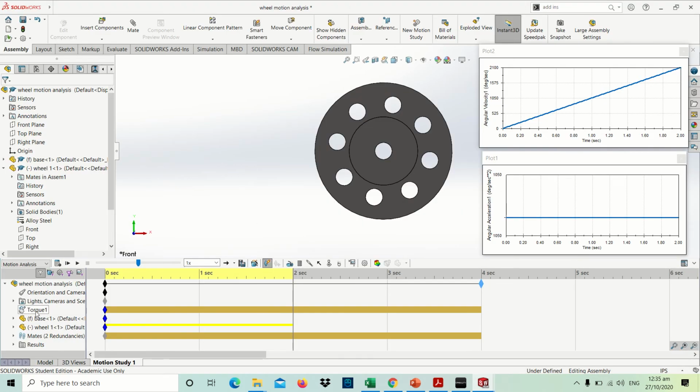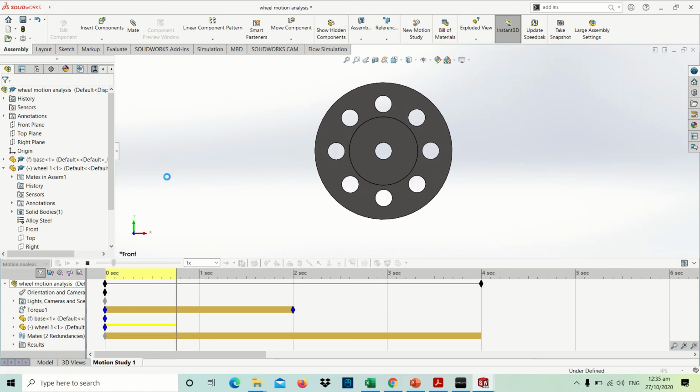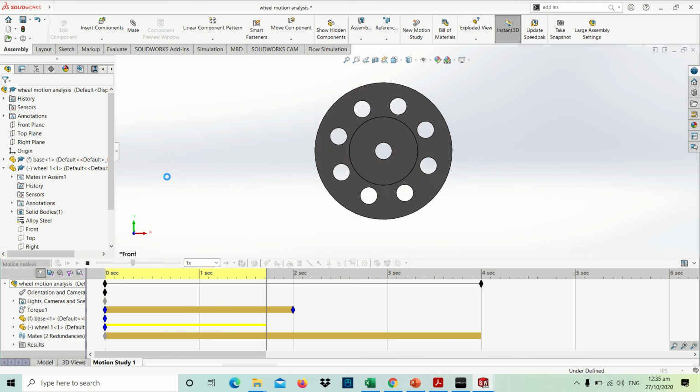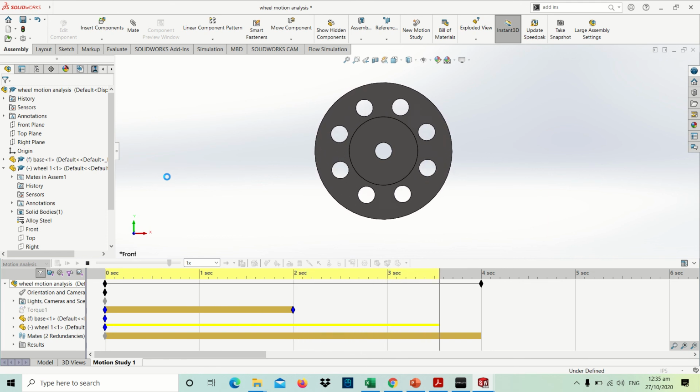Okay, so per module, we need to stop the torque at 2 seconds. So we'll go back here from 0. The torque will be applied at 2 seconds and we'll rotate till 4 seconds. So let's click calculate. So we should be expecting a value of